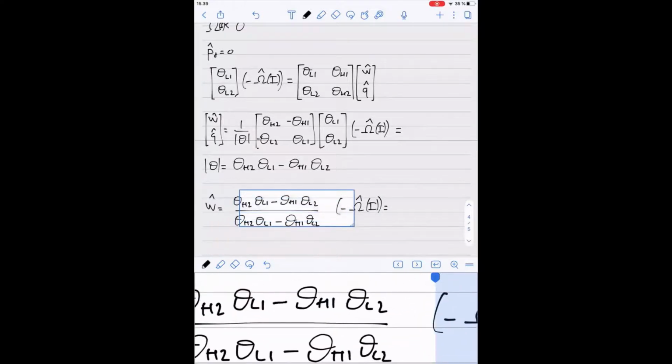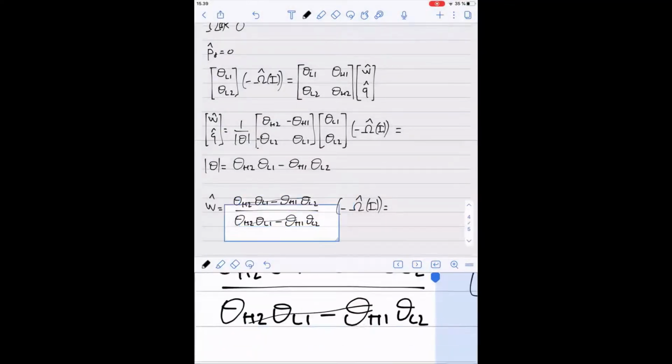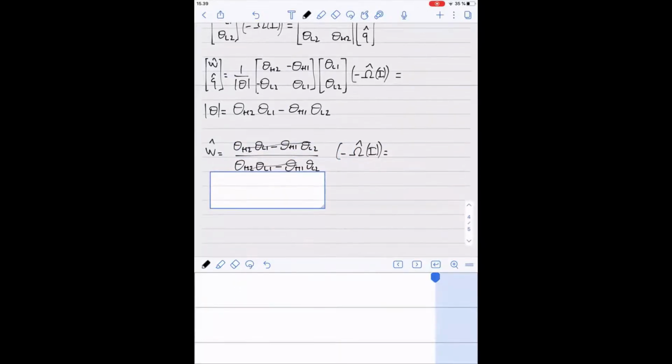Well, the numerator and the denominator cancel out. And so W hat equals minus omega hat,